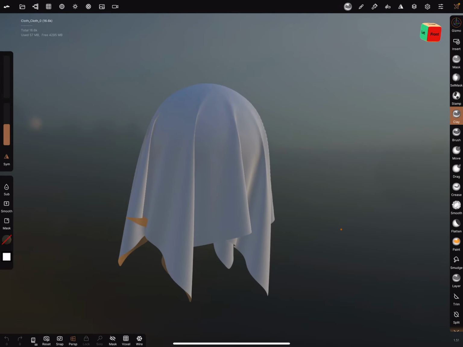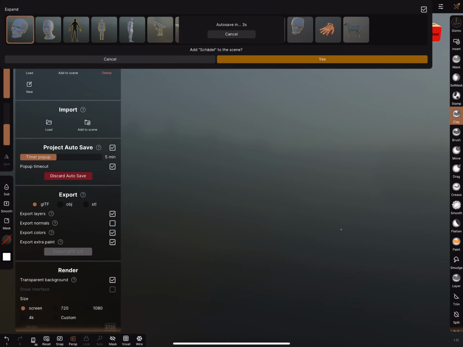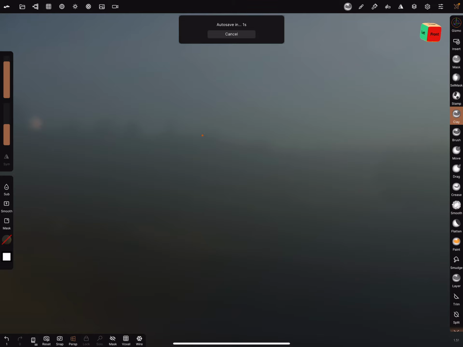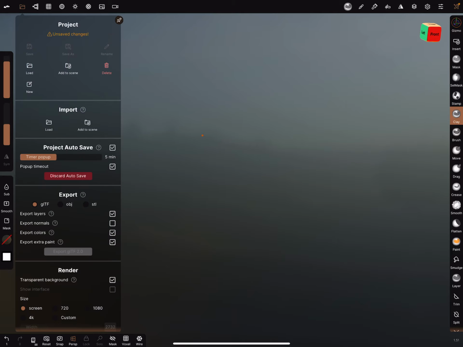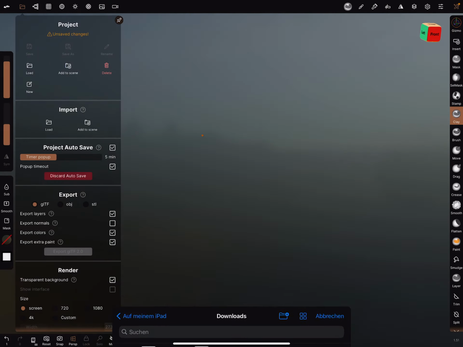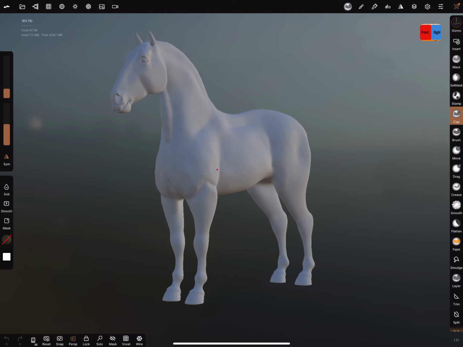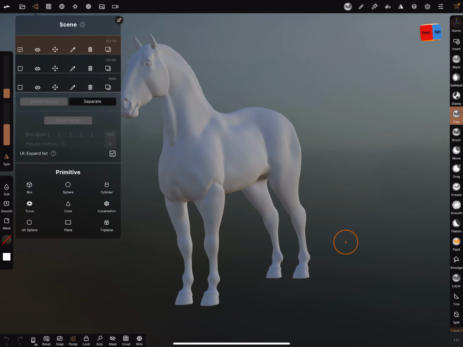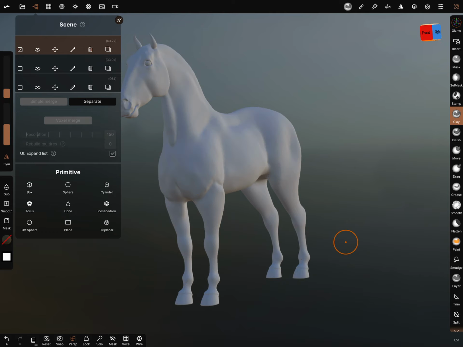I show you another example. I delete this one and cancel. Yes, this is a horse I downloaded for Procreate, and the mesh is in parts.